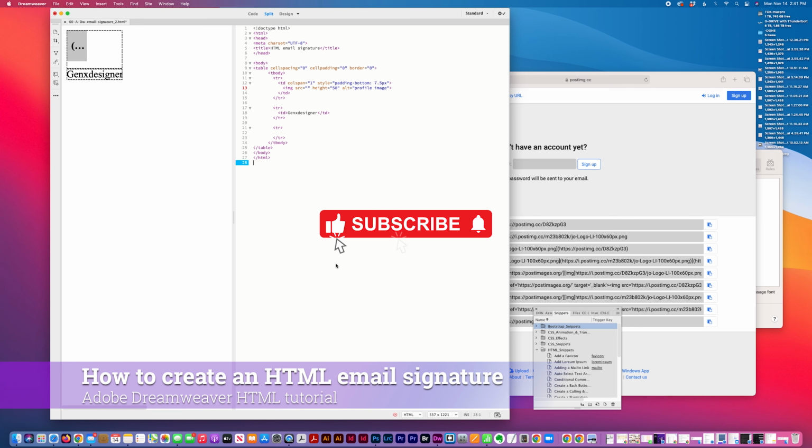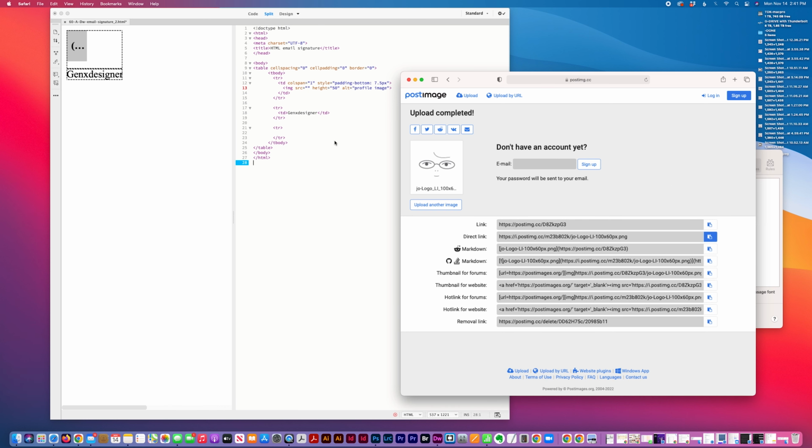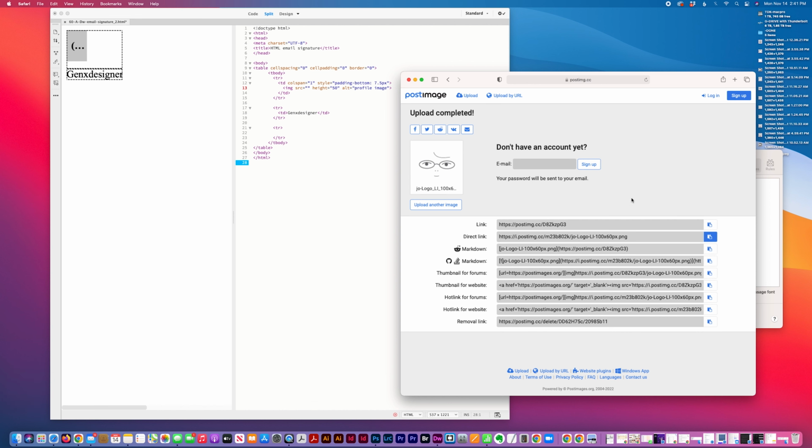Today I have a tutorial to show how to develop HTML code for an email signature using Adobe Dreamweaver. I have my email logo that I'm going to insert into this code, and as an option I could recommend postimg for hosting your particular image. You just upload it here and it returns a bunch of addresses you can use in your third-party apps. I'm going to use this direct link because that's what you need. You need the full address